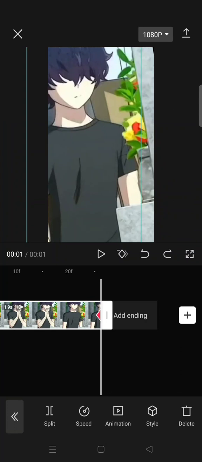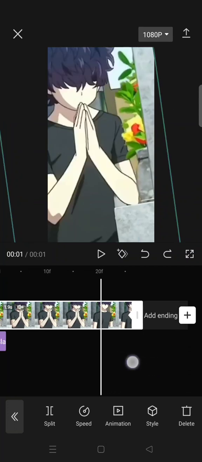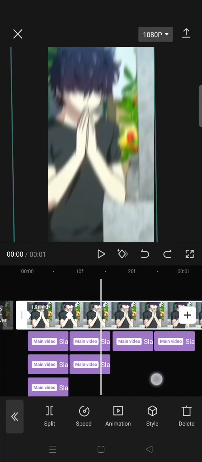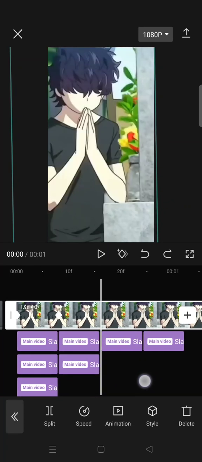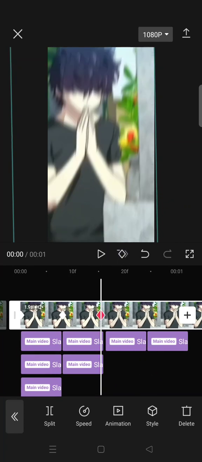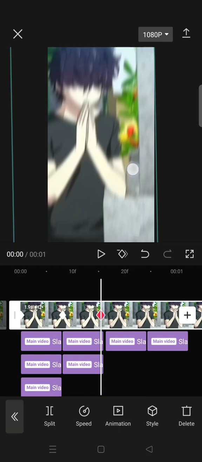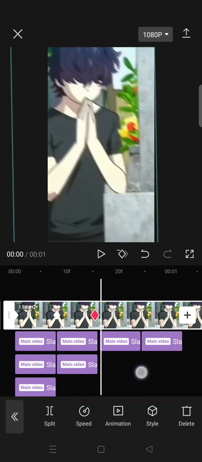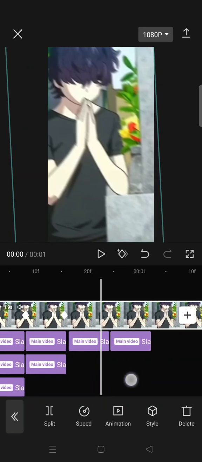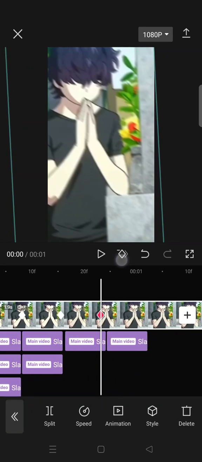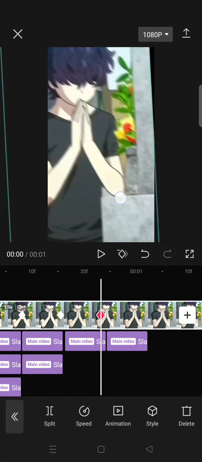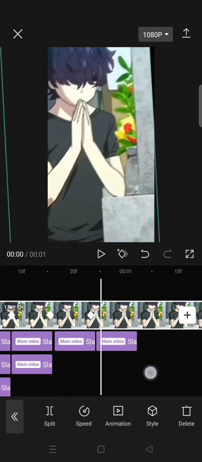Okay, and after that put another keyframe after the second effect, so in here, and then slide up the clip a bit and then put another keyframe in here and then drag a bit to the left. Another keyframe